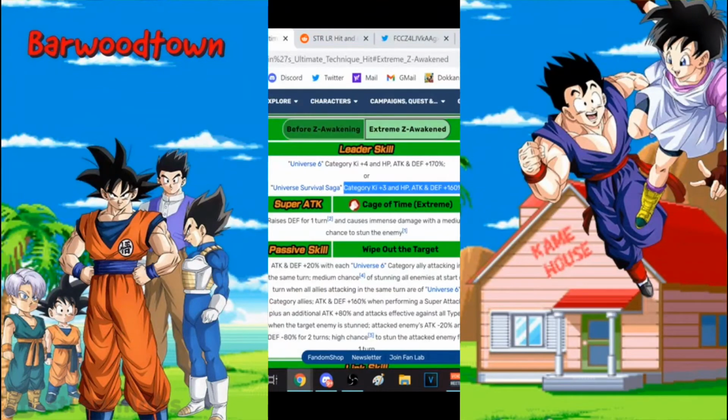So, gains attack plus 80 and attacks effective against all types when the enemy is stunned. So this comes into effect. Say you've got 2 Universe 6 allies on rotation, and you've got that medium chance to stun, and they're just stunned at the beginning of the turn, he'll get an extra 80% when he attacks. Or as an example, if he double supers, so he's supered once, he's hit his high chance to stun, that 50% chance, and then he double supers, you'll get the extra attack plus 80% and super effective against that enemy